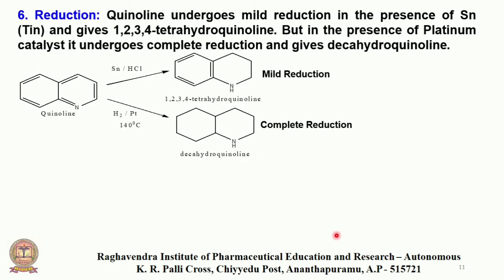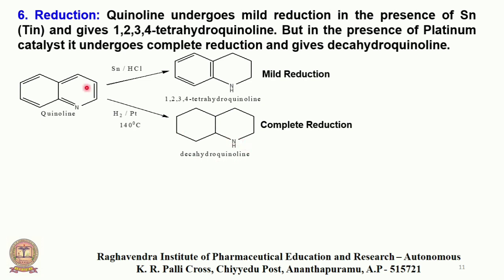Now the reduction. Quinoline undergoes a mild reduction in the presence of tin and hydrochloric acid and gives 1,2,3,4-tetrahydroquinoline. Only partial reduction occurs. At the first, second, third and fourth positions the double bonds are removed and hydrogenation happens. And in the presence of platinum, it undergoes complete reduction, giving the deca